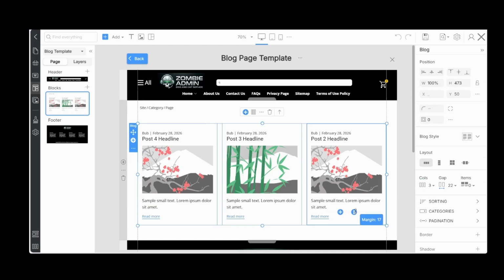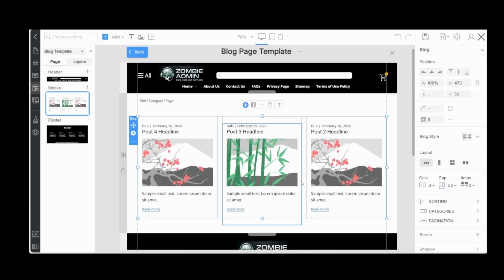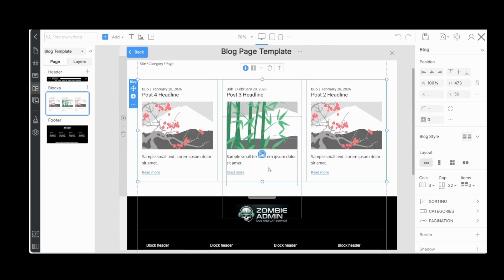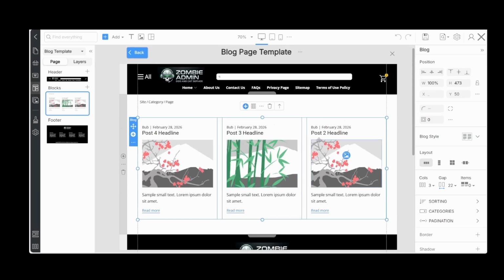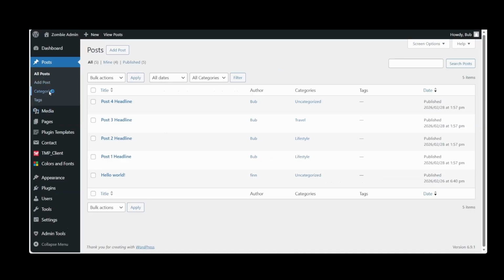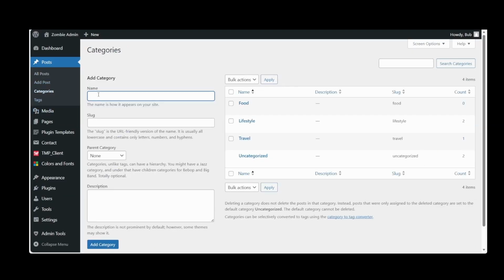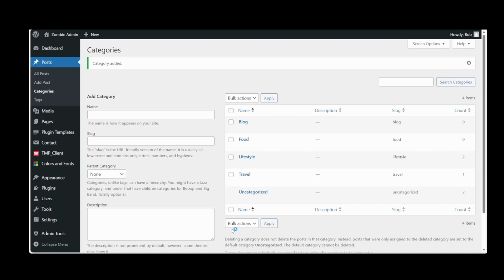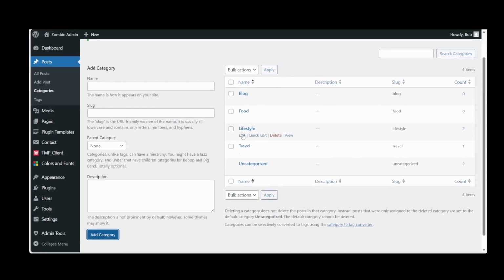And here we go, and this is our new blog page template where you will be doing all your editing and styling how you like. Let's save. Let's go to post. We'll go to categories and we will create blog category, and we will save or add to categories. And we will probably be deleting these categories here eventually.